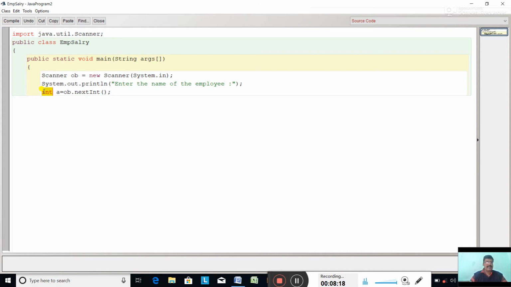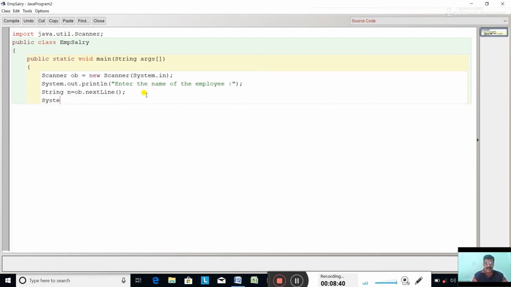String, not int, string. String n for name, n equal to ob.nextLine() method. Now we have to use the nextLine method, L capital.